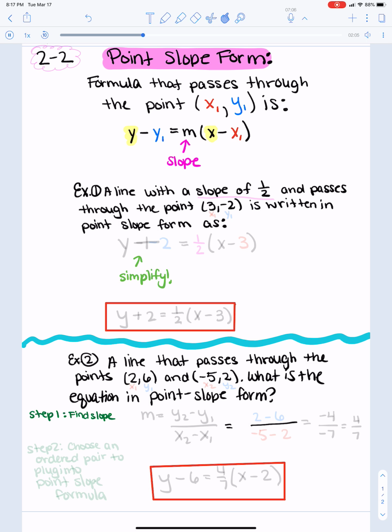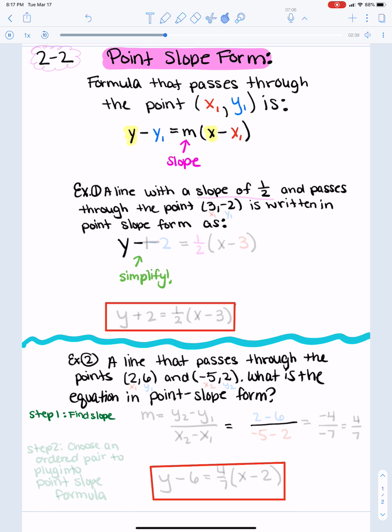All right, so example. A line with a slope of 1/2 that passes through the point 3, -2 is written in point slope form as, all right, so now all we're going to do is take what it gives us and write it in our formula. So my point slope form is up top. It's y minus y1 equals m parentheses x minus x1. So the first y, I'm not changing. That's staying the same. So we have y